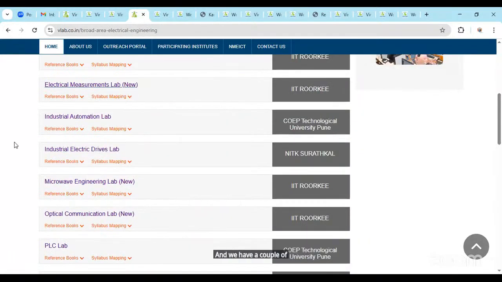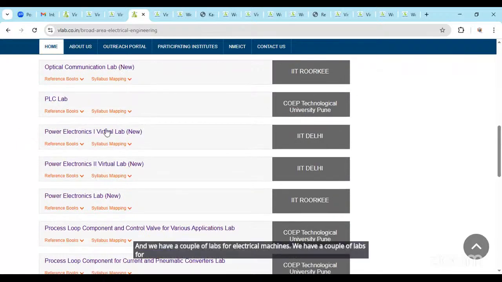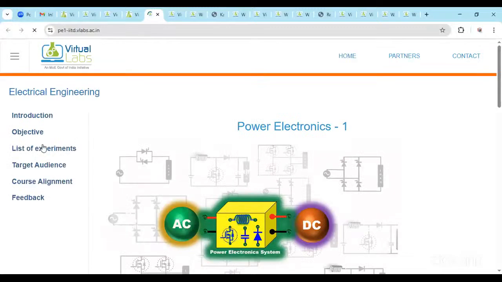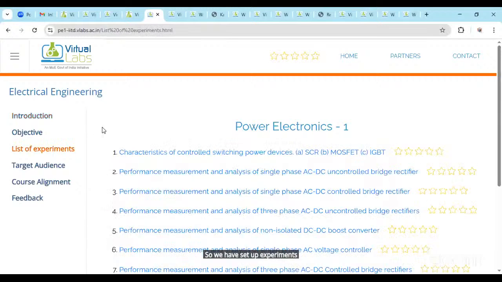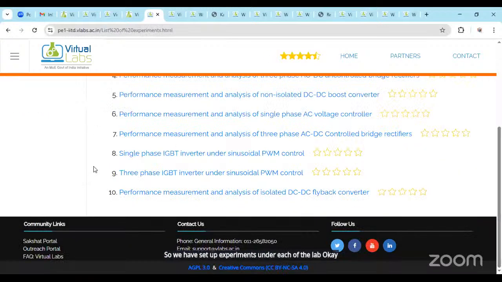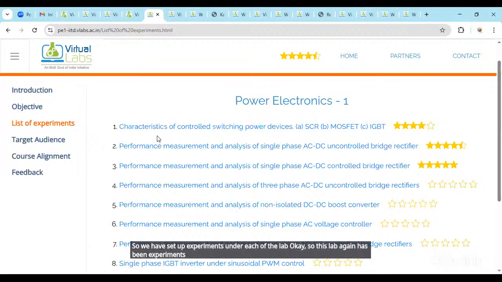We have other experiments as well under that lab, and we have a couple of labs for electrical machines. We have a couple of labs for power electronics. So if we quickly look into one of them, the Power Electronics lab from IIT Delhi, we have a set of experiments under each of the labs. Okay, so this lab again has 10 experiments. So if we quickly look into one of them,